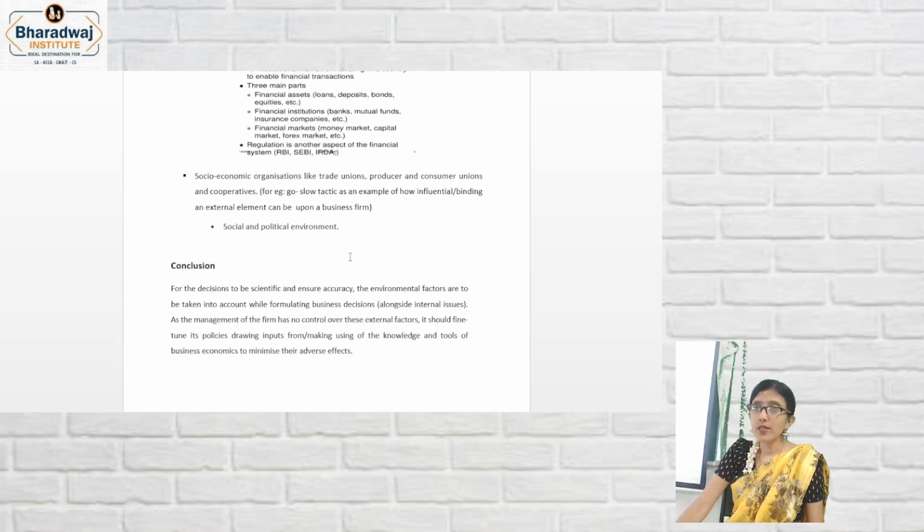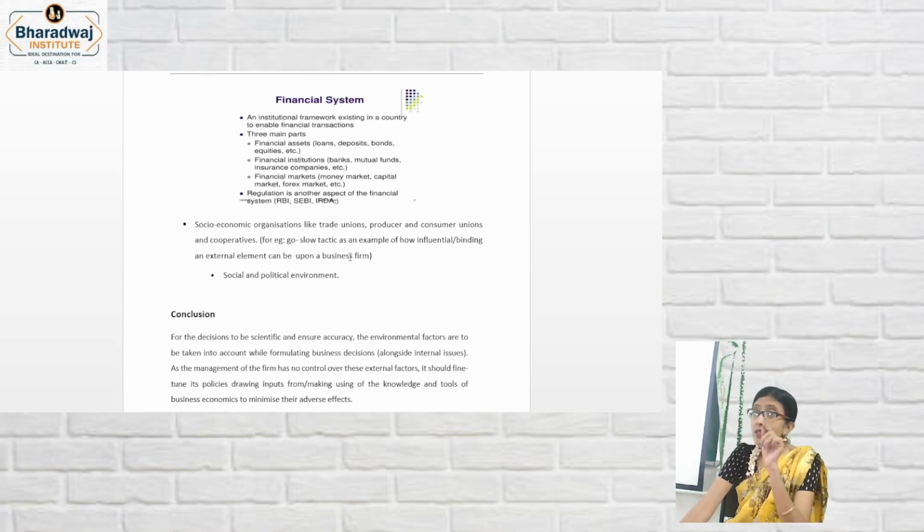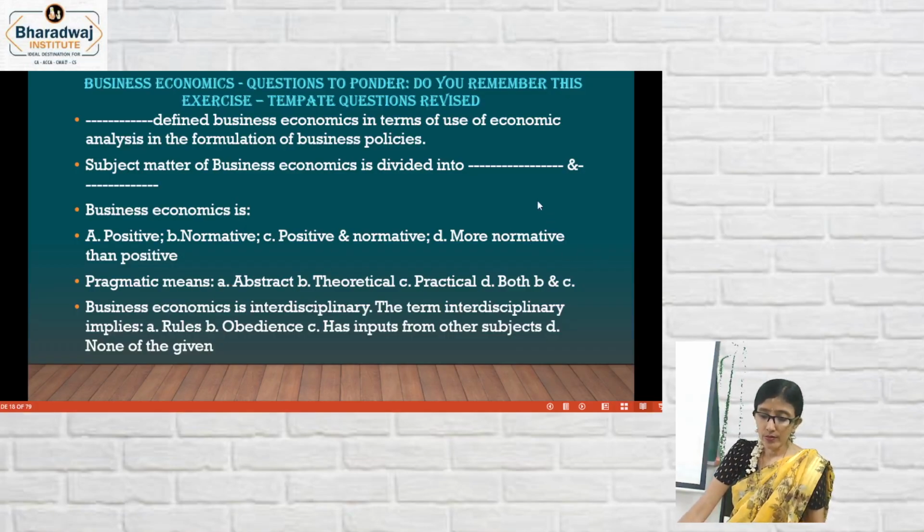So look at this. So are you now going to mark this as a very important segment? This is where your revision is lacking. Segment B, I myself can observe revision is lacking. Now did you locate the answer for this? Yes, for the first one it is. Okay. Subject matter of economics is divided into. Yes, which is micro and macro.